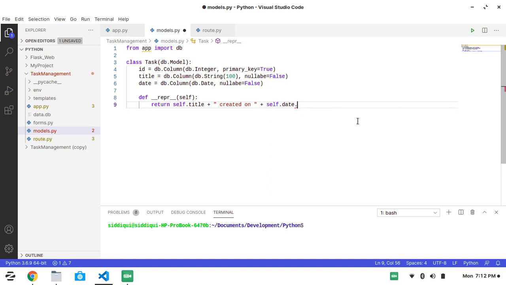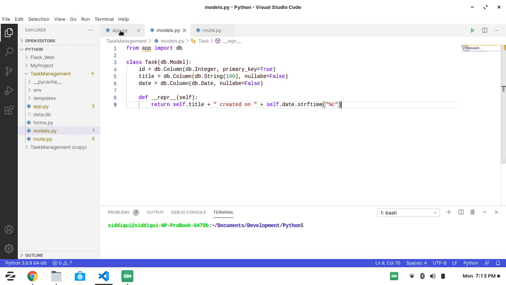Now I will format this date into a string, because here we are returning a string, using str and an f-string with %c to format it. Okay, so now we are done with it.